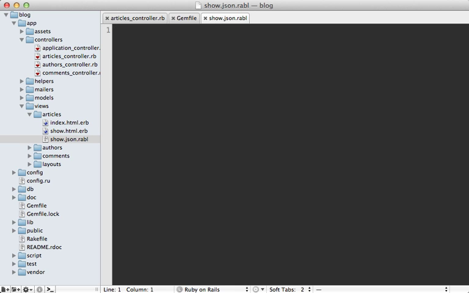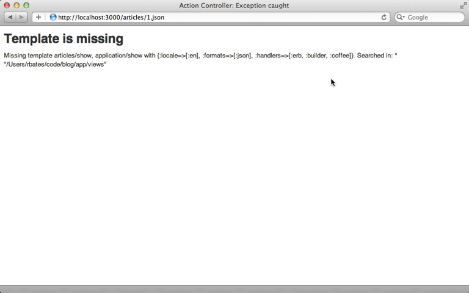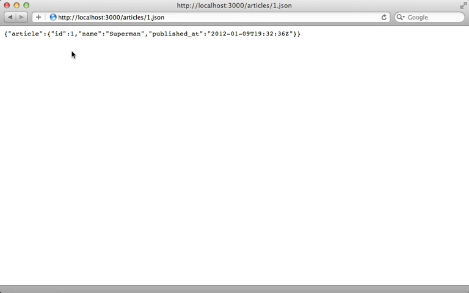Well, usually the first call is to object, and then you pass in the object you want to focus on, in this case the article instance. And then you can call attributes to define which attributes you want in the JSON, such as our ID, the name, and maybe the published at datetime column. Now let's try this out. You'll need to restart the Rails app after installing the RABL gem. But once you do and hit reload here, then we get the JSON response for this article given the attributes